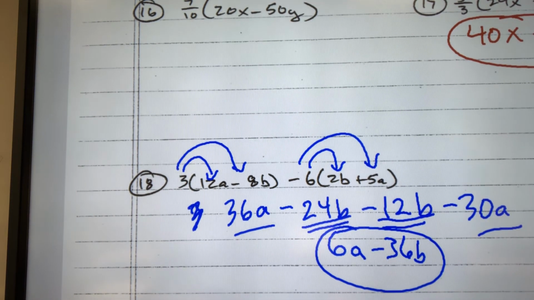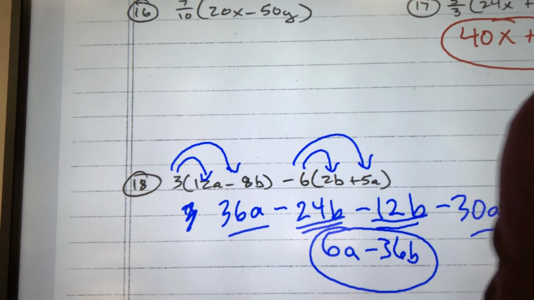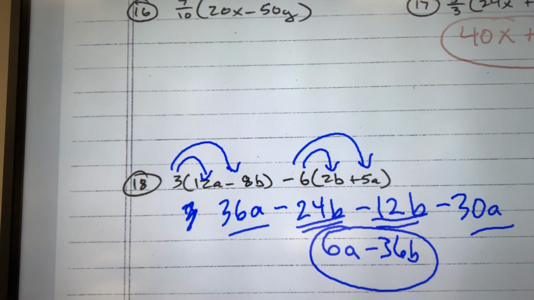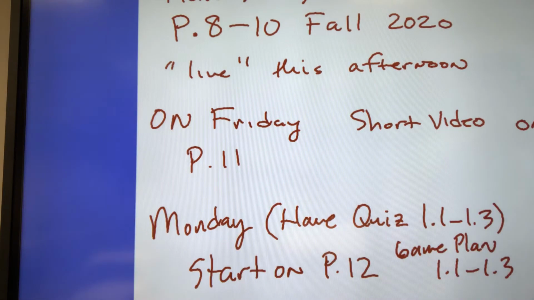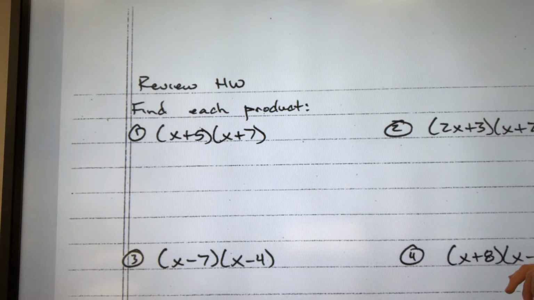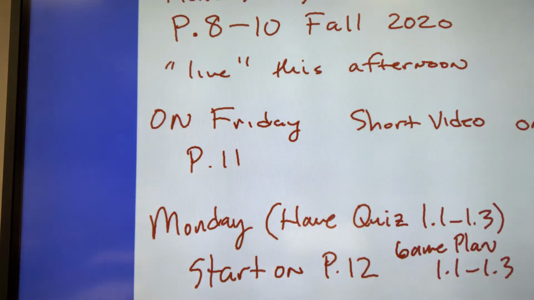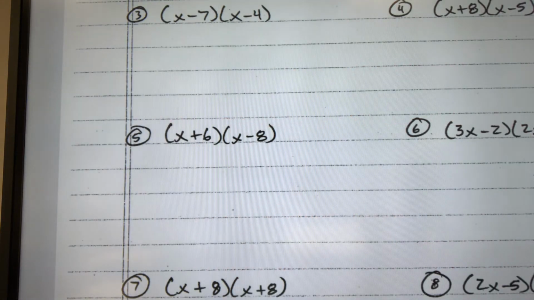The next page, page 9, is a review on FOILing, multiplying binomials, distribution, finding products. I will do, looks like 4, 6, and 8. Can we get them all? Mostly. 4, 6, and 8 I will put in this video. Okay, we say